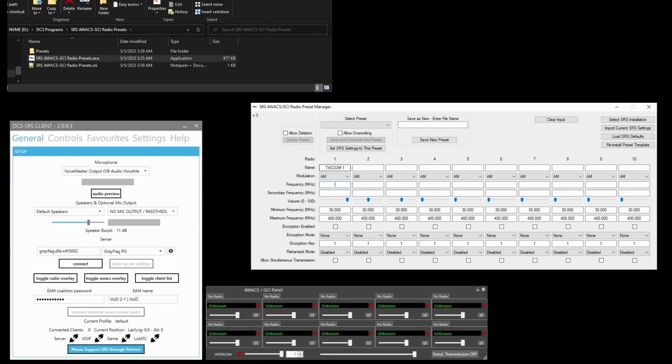So we'll first give it a name, enter the frequency, and set up the guard channel, which is what the second frequency is. And we'll set its default volume to about 50%. Universal ATC. And we'll give that the name Gray Flag and save a new preset, and that'll add it to the list